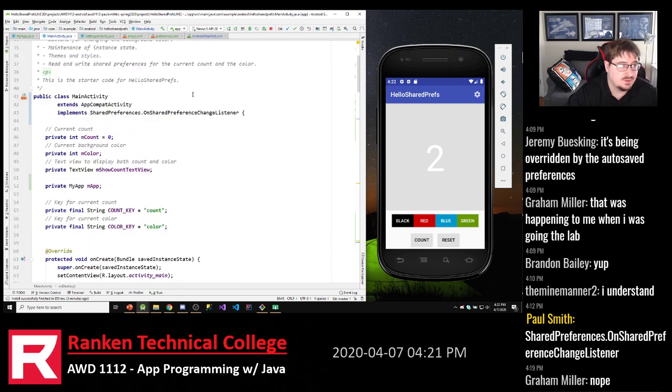So that's where that really comes in. That's where this on shared preference change listener occurs, is when you need to update another screen or a previous screen as you're making changes on the settings screen. Okay. So that's the life cycle. The one last part that we have to do before we break